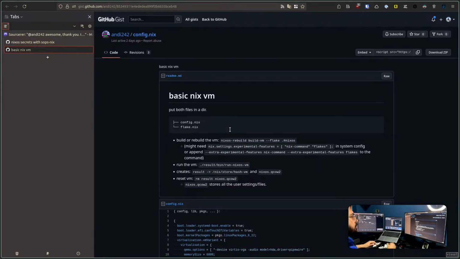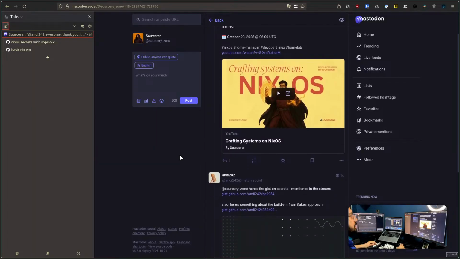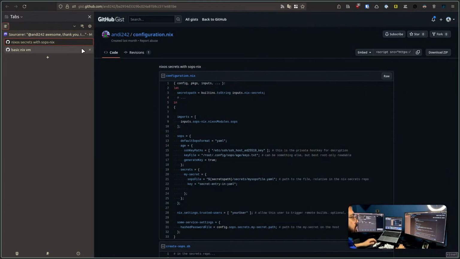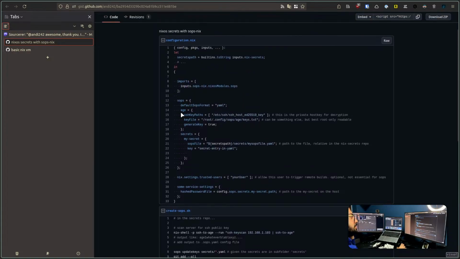Andy was kind enough to send me some links over Mastodon. The first one was the SOPS configuration example, which he had as a gist. It is an interesting alternative. I have used SOPS before. Since in Andy's example he's also using age, the main difference, I think, is SOPS using YAML, where